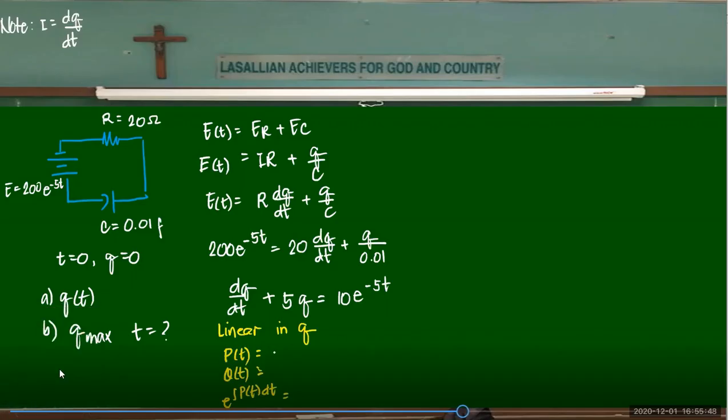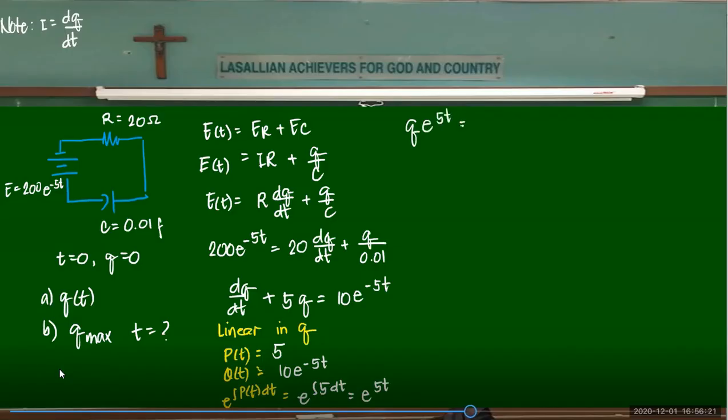So with that, can you help me? What's p? 5, sir. What is q? 10 e raised to negative 5t. Tama. What's e to the integral of p dt? So e to the 5t. Okay, so since it's linear in q,